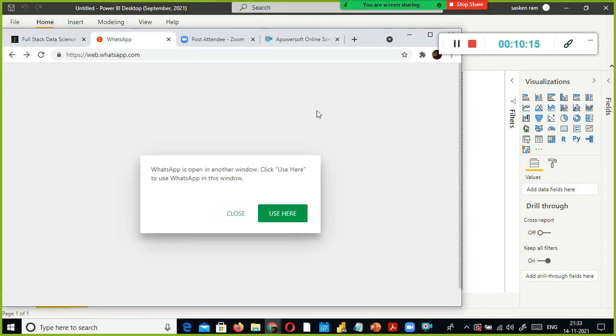One second, look here. So web.whatsapp.com, you can go to web.whatsapp.com. I'll show you this one also, or you can search on YouTube, how to connect to WhatsApp from YouTube. There you will find some videos that will help you understand how to connect to WhatsApp from your laptop. That is very much important, and it is pretty easy.